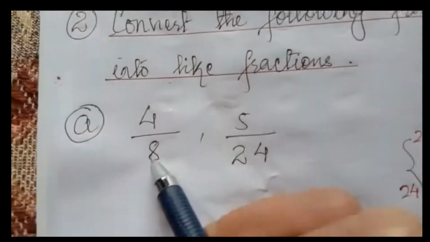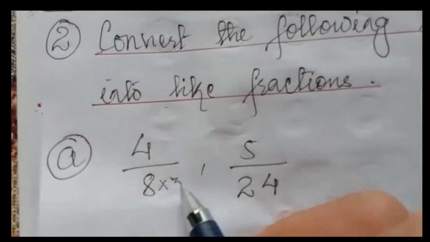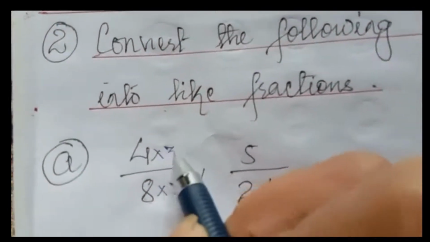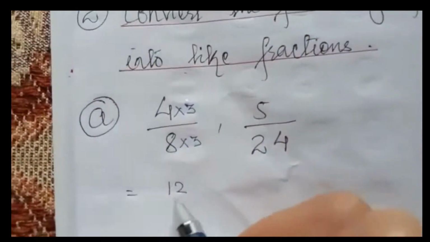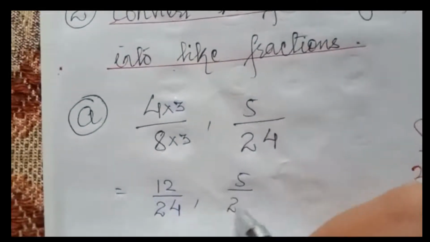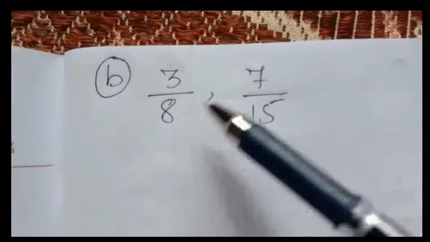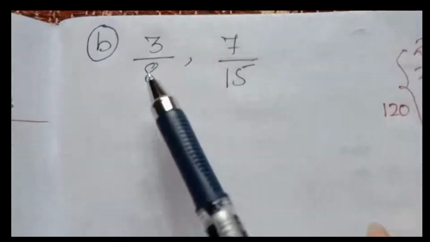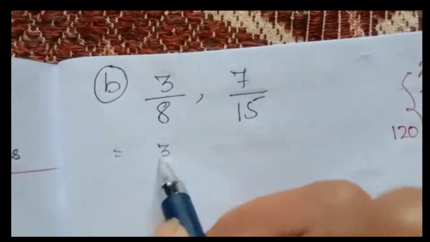Now how will you make this 8 into 24? When you multiply this 8 by 3, 8 3s are 24. You have to multiply numerator also. Here you don't have to do anything. So 4 3s are 12, 8 3s are 24, comma 5 divided by 24. Now these are like fractions. Now next is 3 by 8 comma 7 by 15. Same process. You have to find LCM of 8 and 15, which is 120. So here you have to multiply